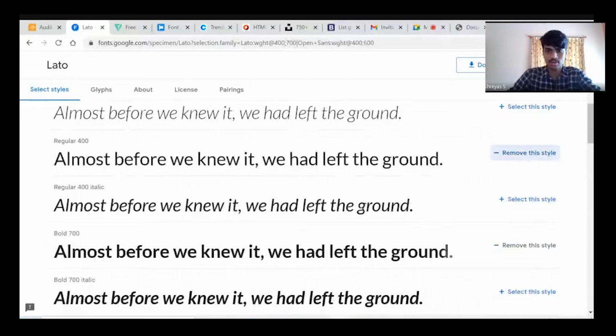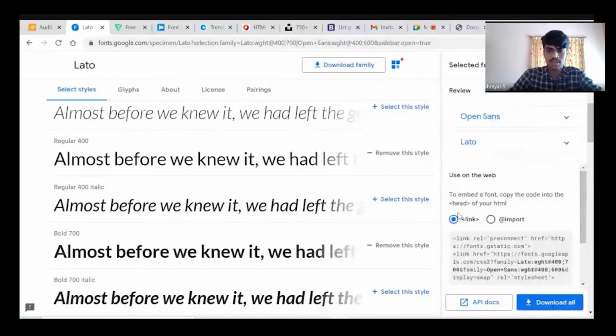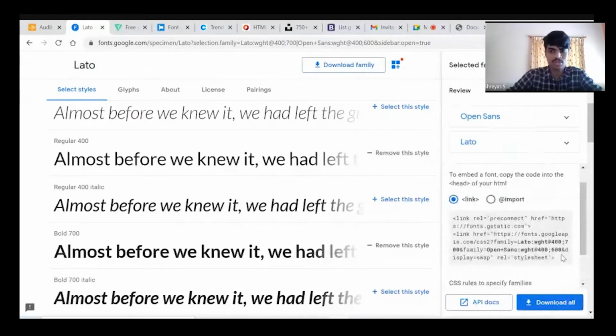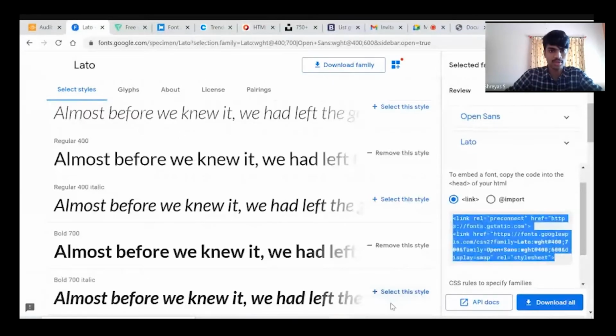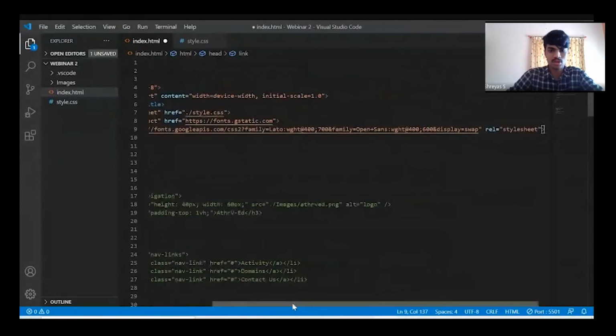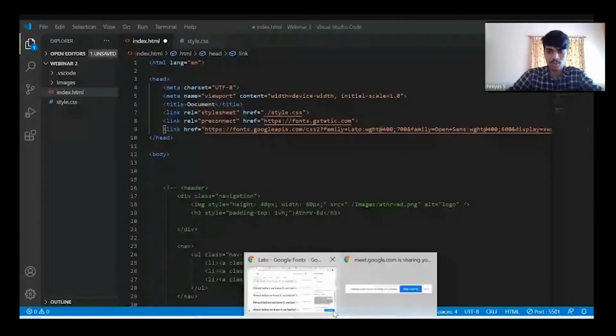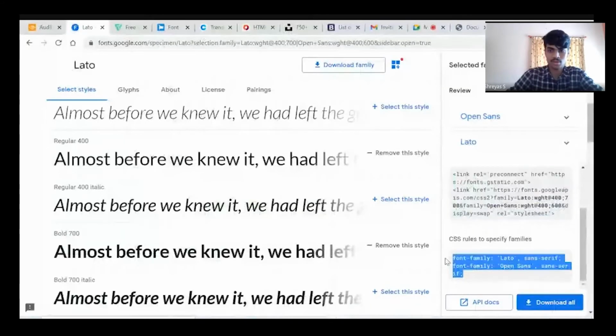I'll select the font family. Now this is called Content Delivery Network, CDN. That is, we can deliver all the information that is there in this library to our web page just by copying this link and pasting it within the head section of the website. Just by copying that link and pasting it here, all the fonts have been added to the HTML page. The same we have to do for CSS. Just by copying the CSS, we will have a CSS font family here.